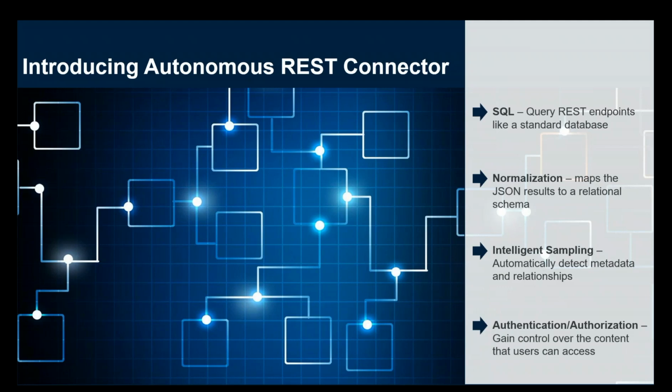1, SQL access. The product allows you to query REST endpoints just like a standard database. 2, the ability to normalize the JSON results based on your specific relational schema. 3, intelligent sampling. And this is really the secret sauce, as it interprets metadata automatically and infers the correct relationships. And 4, authorization and authentication. Now you can control which data certain users have access to. It isn't simply on or off. Autonomous REST Connector saves you and your customers the time and the resources necessary to build and maintain custom one-off